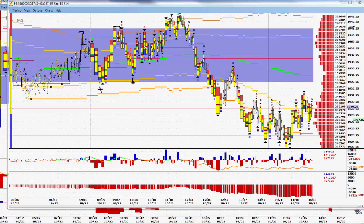Right here, didn't really get what we wanted. Here we got a mean green trade that could have taken one way or the other. And eventually, the market wasn't able to take out the overnight session high, and it just really started to sell. We had a 25, 27 buy, although this morning we did say it might take 30s plus or minus to get into a trade. So our buy one area eventually